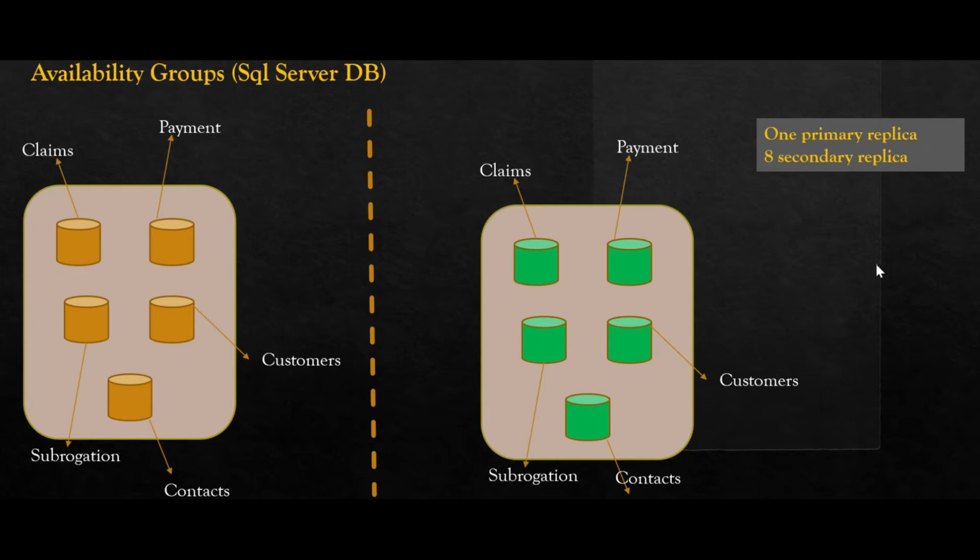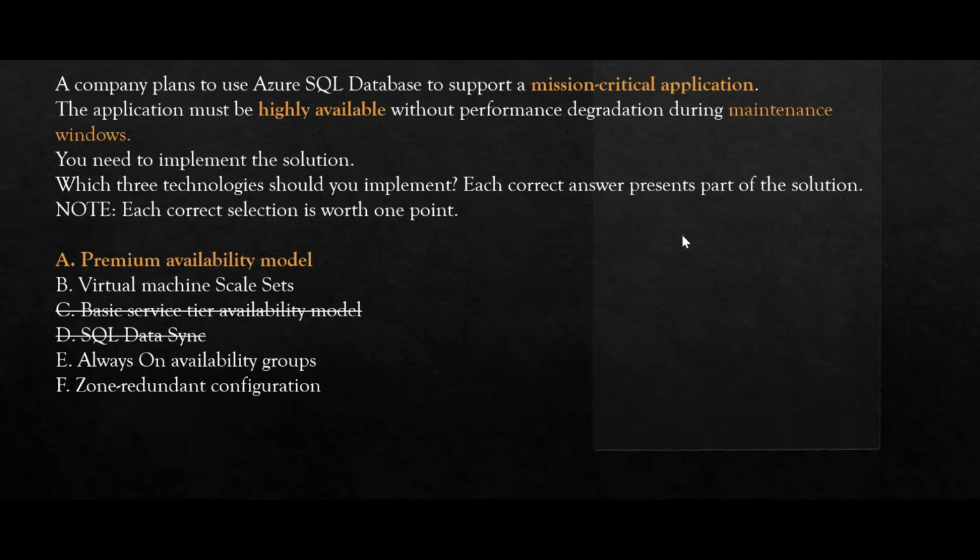So this is designed for high availability. So the question is totally linked to high availability for mission critical applications, and Always On availability groups, AG, would suffice this purpose. So we get our second answer, and we need one more because it's talking about 3